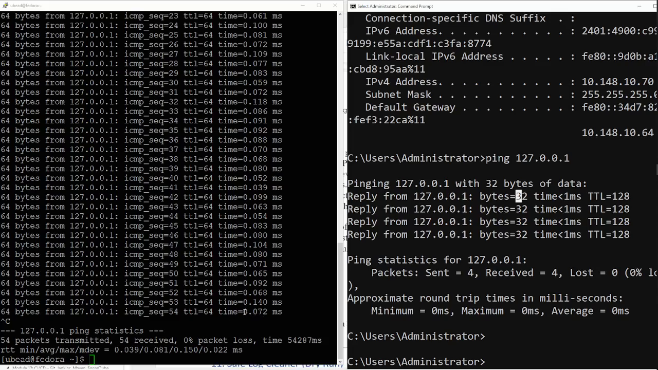Now it is telling the time to reach it. The time it is taking is 0.07. It has taken a very minimal amount of time to reach. So you are sending 64 bytes here. In Windows, you are sending 32 bytes. So if I send more than that, okay, ping